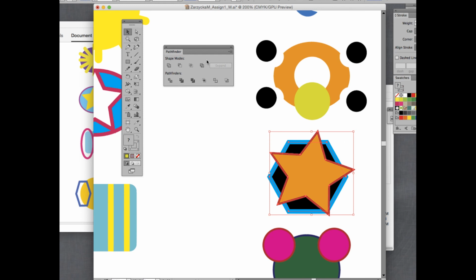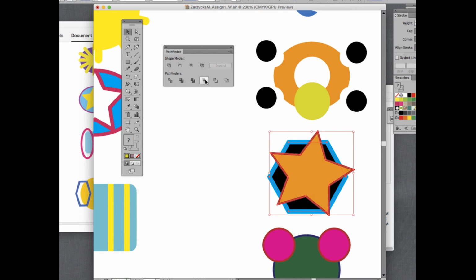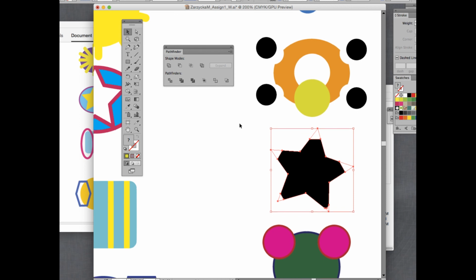Select both of them, and we are going to do crop. And crop does what it does, it crops it. So notice the color attributes remain of the shape underneath it, and it crops the top shape to the edges of the other shape. Okay? Next,